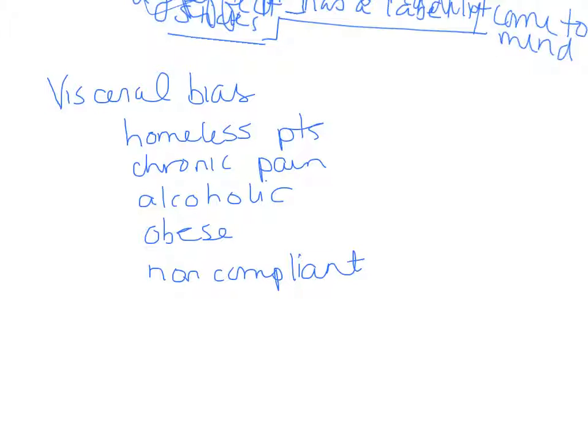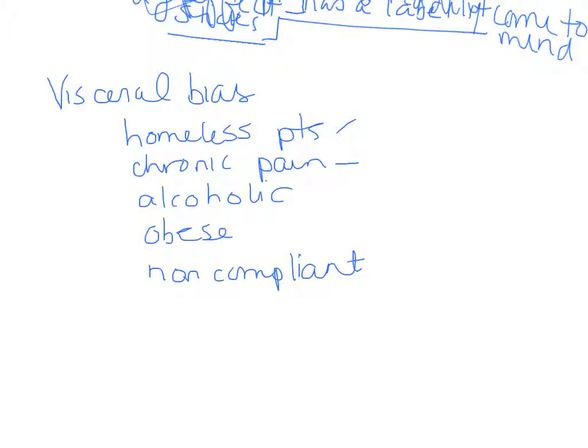Some of the common types of patients that might be a victim of visceral bias include patients who are homeless. We have negative connotations about what being homeless means and whether or not that patient actually has problems or maybe even deserves health care. Those might be some ethical issues that come to your mind. Patients with chronic pain are sometimes seen in a negative light as maybe not really having pain but just wanting to get medication, even though they may have a real pain syndrome. Alcoholic patients, obese patients,